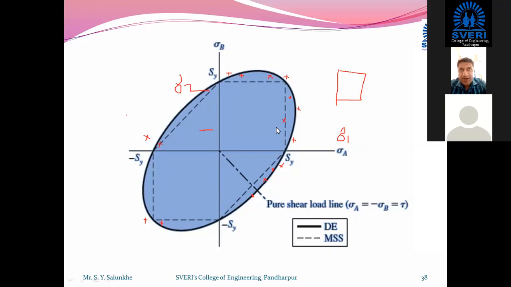So my question is, what happens if we are comparing this second theory, that is maximum shear stress theory, which is easy to understand, and maximum distortion energy theory, where calculation of energy has become somewhat more complicated than the shear stress calculation. I'm not saying it is very complicated, but it is more complicated than the shear stress calculation, right? So if one avoids that distortion energy theory, and goes to the maximum shear stress theory, what can we conclude from this graph?